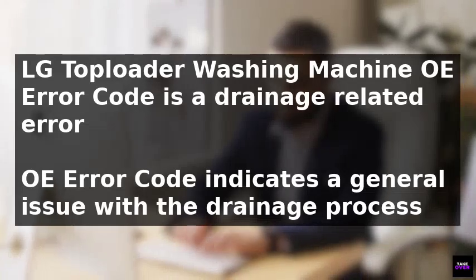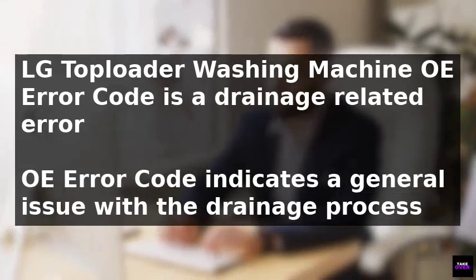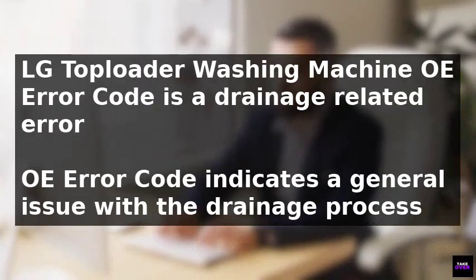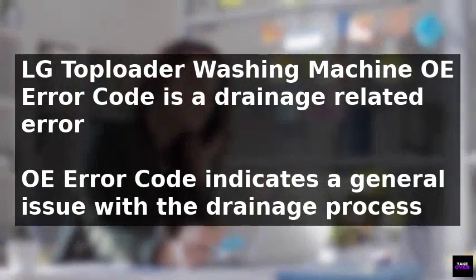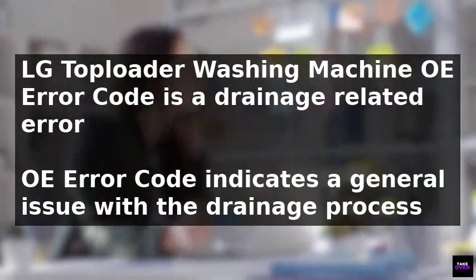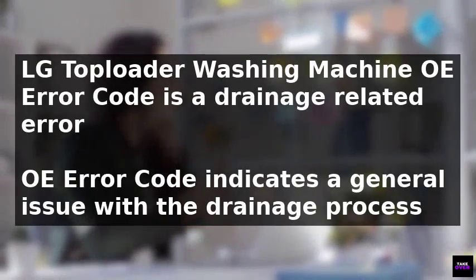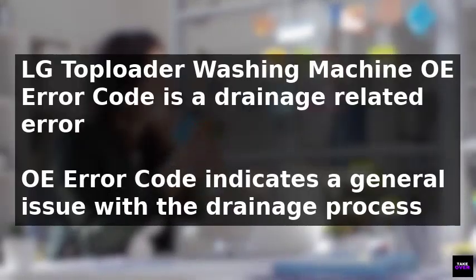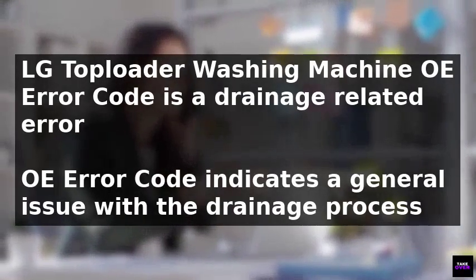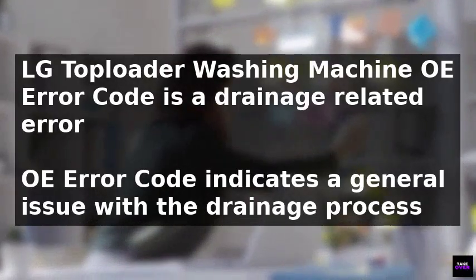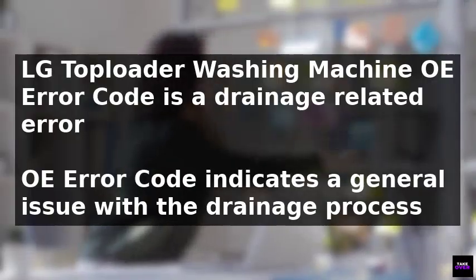The LG toploader washing machine OE error code is a drainage-related error that occurs when the machine is unable to dispense water for 13 minutes. This code does not relate to a specific problem in the drainage system, but rather indicates a general issue with the drainage process. Common causes of the OE error include a kinked drain hose, which can limit or cut off